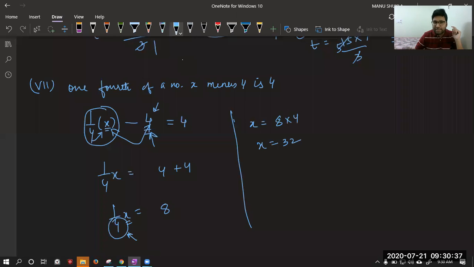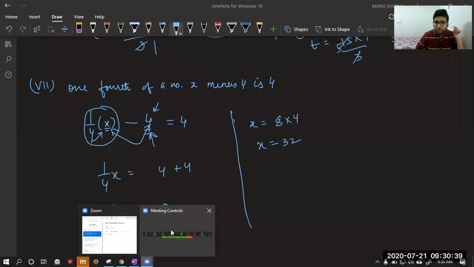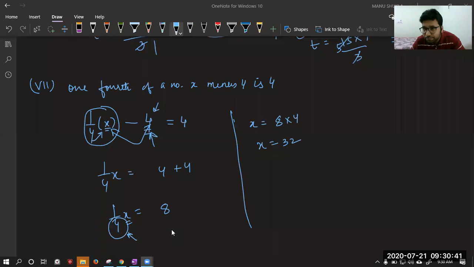Are you able to understand why minus 4 went first? Okay, it is very easy. We will solve many questions like this and you will be able to understand that when the bond is weaker, they will go first. When the bond is stronger, they will go later on. Daksh, you can see this again on my channel. Don't worry, because I will solve the same questions again. Okay.